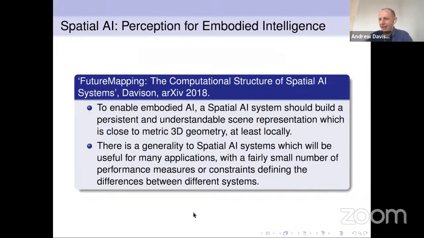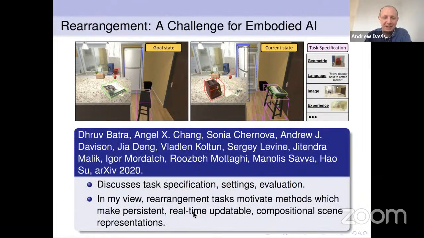So, whether you need to deal with really fast motion or not, for instance, might be a big difference between a robot vacuum cleaner and a drone. But I think there'll be a number of sliders, let's say, 10, 20 parameters, which might define the key differences between these systems. But then that will be around a kind of common core of how these systems reason about the world. So those are some hypotheses which we can continue to debate.